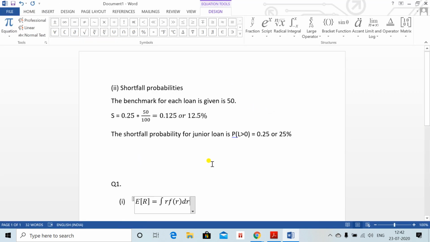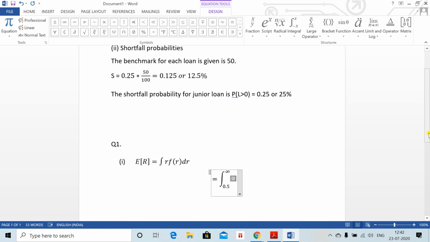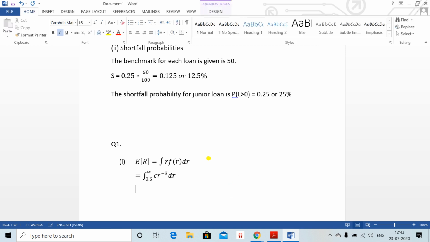Expectation of R is the integral of R f(R) dR. So now this equals the integral, with an underscore, from 0.5 to the power infinity. How did I teach you all? backslash infty, INFTY is for infinity. Okay, 0.5 to infinity, and then you can just put your value, that is C R to the power minus 3 dR. And then, once you solve it, you get